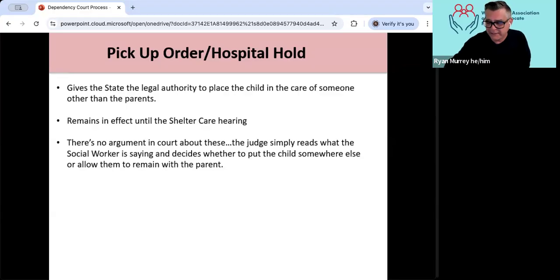Now I want you to imagine that it is 4:30 on a Friday afternoon before the weekend, and you're a judge reading these dependency petitions, pickup orders, hospital holds, and having to make a determination of whether or not the child can go home, or should we keep them in foster care over the weekend?